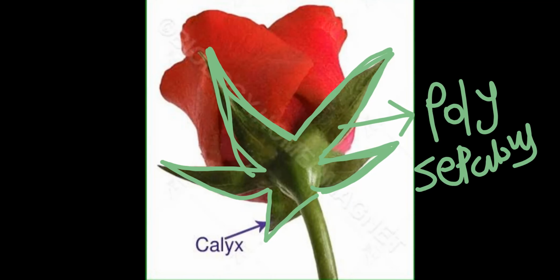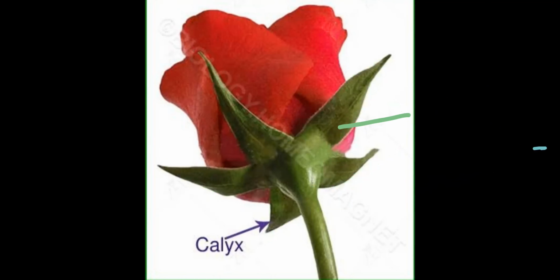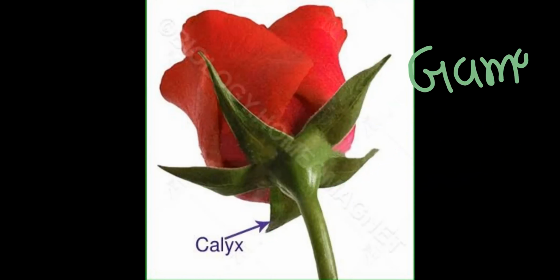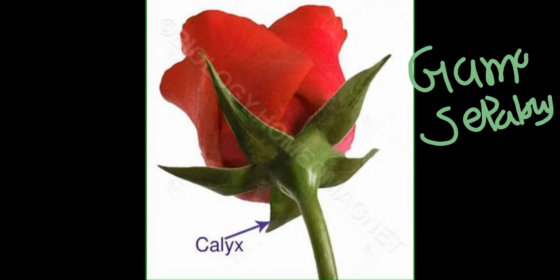Poly का meaning होता है यहाँ पे free, right? So one example for polysepalous is this rose. Then the second example that we call gamosepalous. Gamo का meaning होता है fusion. Gamo meaning what? Fusion. In that, all the calyx, all the sepals, fuse to each other. Just उसकी margin के points से ही पता चलता है कि इतने sepals हैं यहाँ पे. The rest of this part completely becomes one, fused.